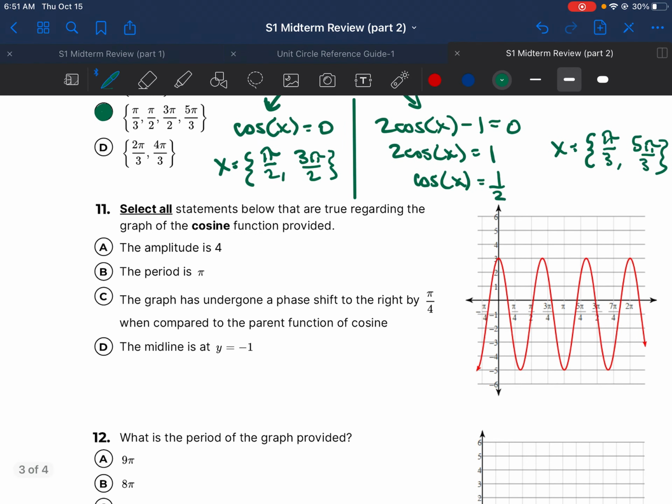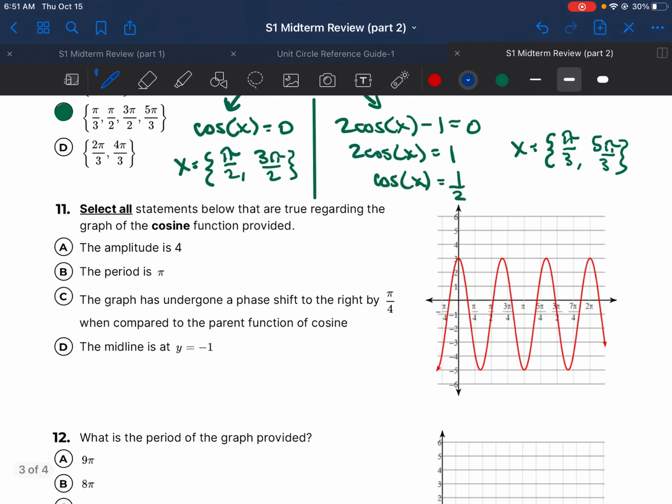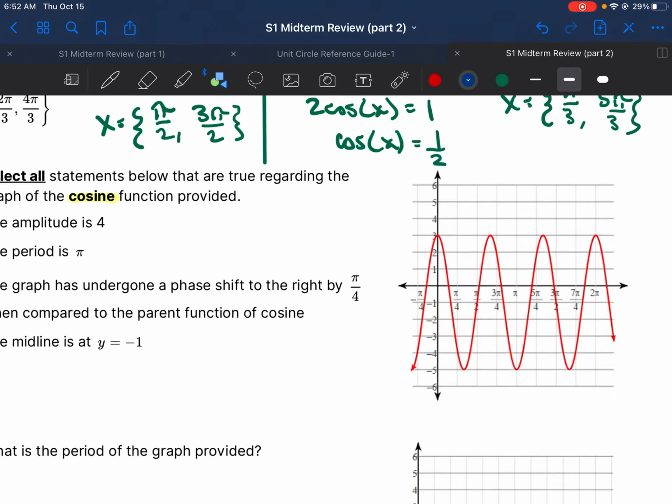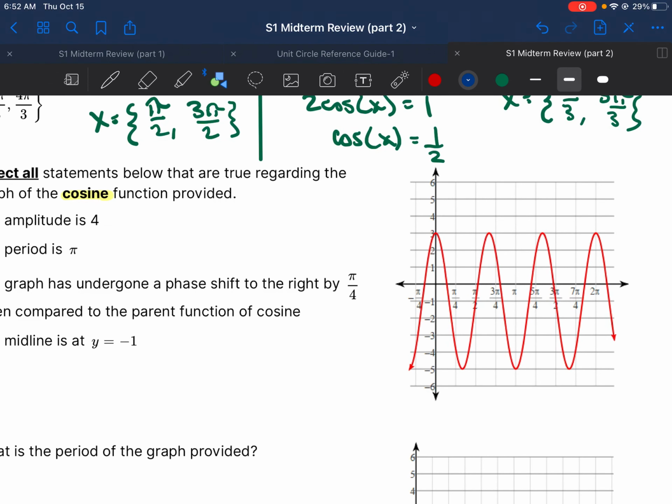All right, moving on to problem number 11. Select all statements below that are true regarding the graph of the cosine function. It's bolded, so we know that this function is a cosine function. Statement A says the amplitude is 4. Well, we can find the amplitude by taking a look at the midline. I can see here that the midline,